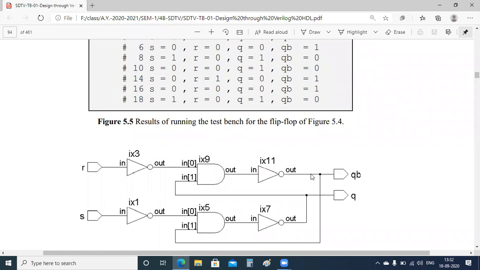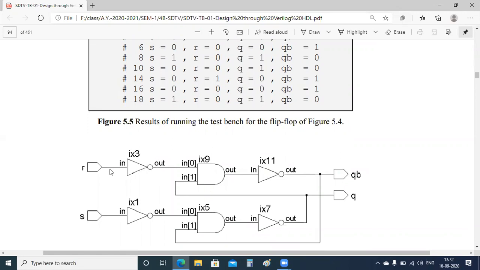This is the simple latch we have studied so far, using two NAND gates. I am using the same thing for my RS latch. This is a synthesized one, so we will not have NAND gates; we will have only AND gates in connection with inverters.